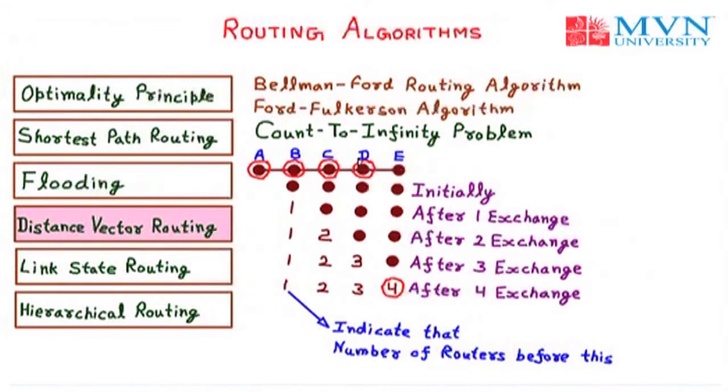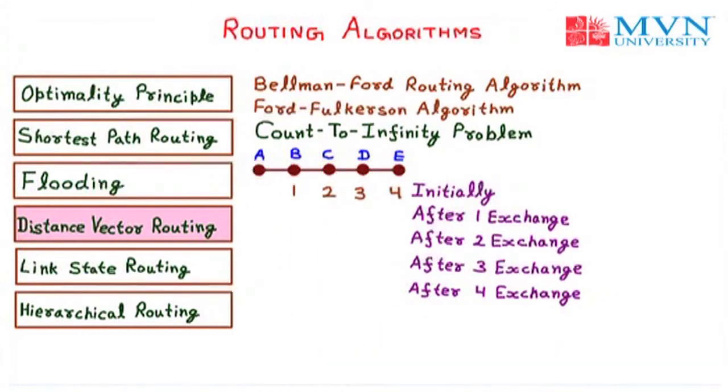This is the normal condition. There is no problem. But the problem arises when router A starts the communication and drops out because of a network failure or a power shutdown, and after that the count to infinity problem arises. To understand the count to infinity problem, let us modify this diagram. We take the last line, 1, 2, 3, 4, the number of hops, as the initial condition, in which B, C, D and E have the values 1, 2, 3 and 4.